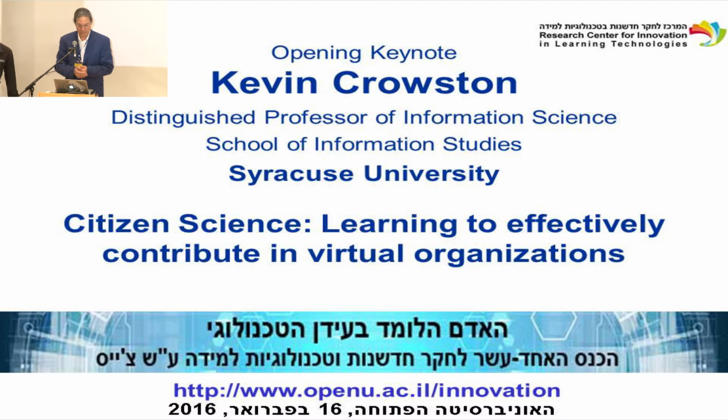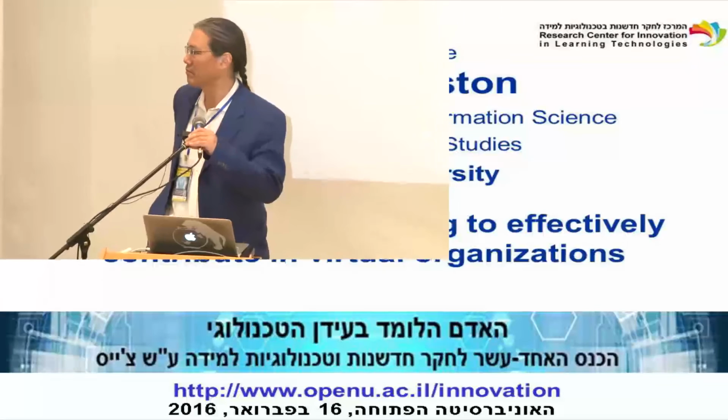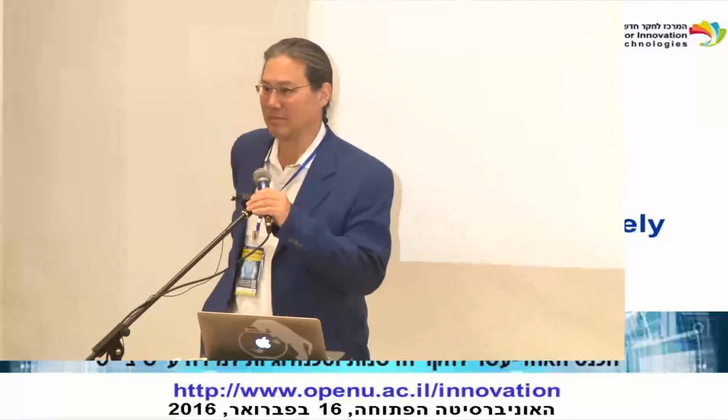All right, thank you. So perhaps the slides will come up in a minute. Citizen science projects are those research projects that are done as a partnership between volunteers and scientists. And an important characteristic of citizen science is that the projects actually do real science. So it's not just pretending to do science, but it's actually contributing to real science.